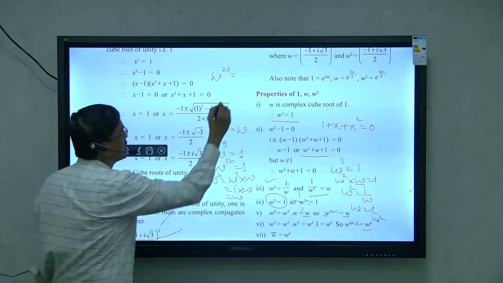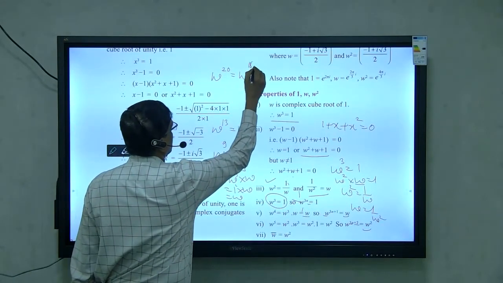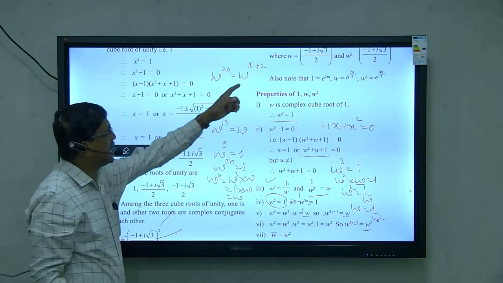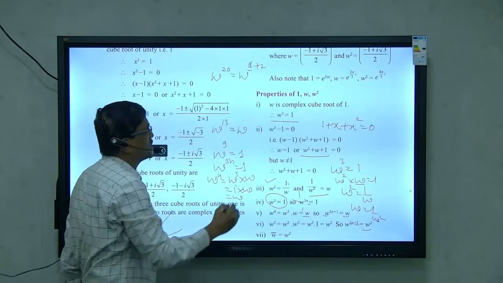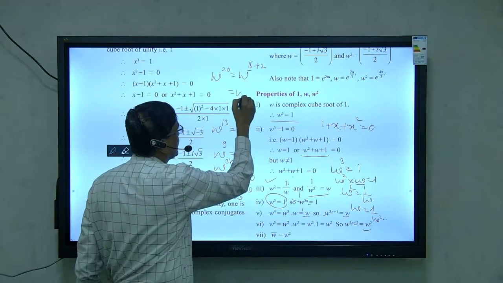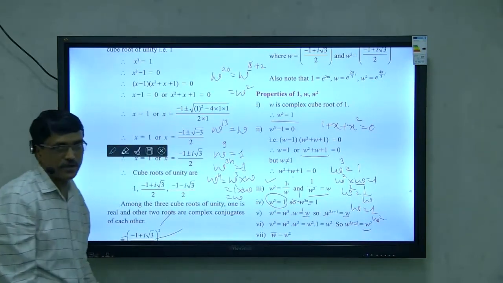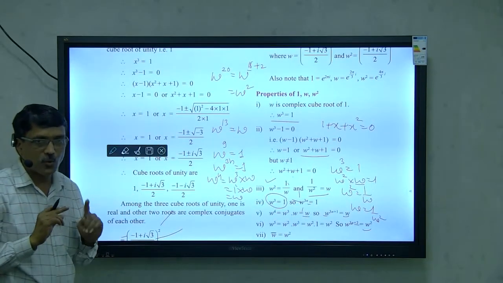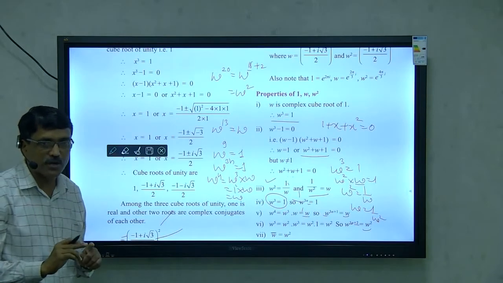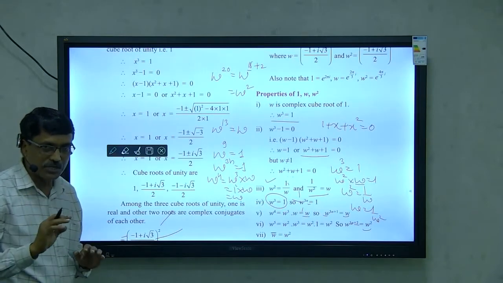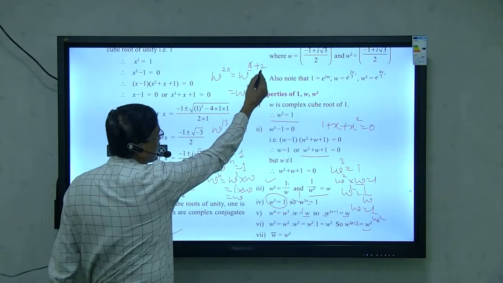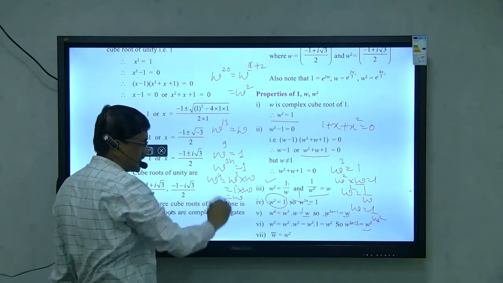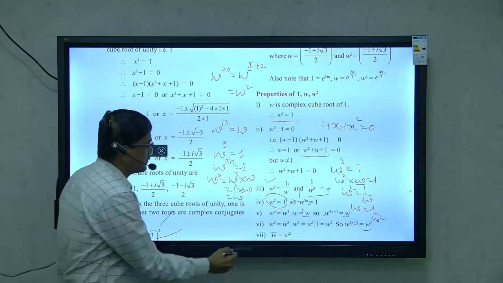We can write it as omega raised to 18 plus 2. 18 is a multiple of 3 and plus 2. So its value, directly we can write it as omega square. Because omega with a power that is a multiple of 3 has value 1, and this omega square, 1 into omega square, it is omega square. Similarly,